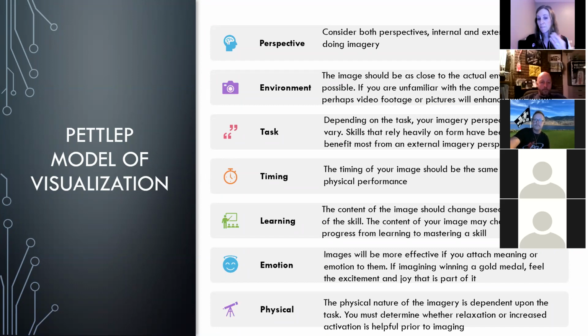And then in terms of building off of that a little bit more, you need to decide what's going to be best for you in terms of energy level. So that physical nature, if you want to be really relaxed out there, you would probably want to, just like I prompted you earlier, take some slow, deep breaths, sit in a relaxed position, close your eyes. That's maybe going to help to facilitate those when you're visualizing.